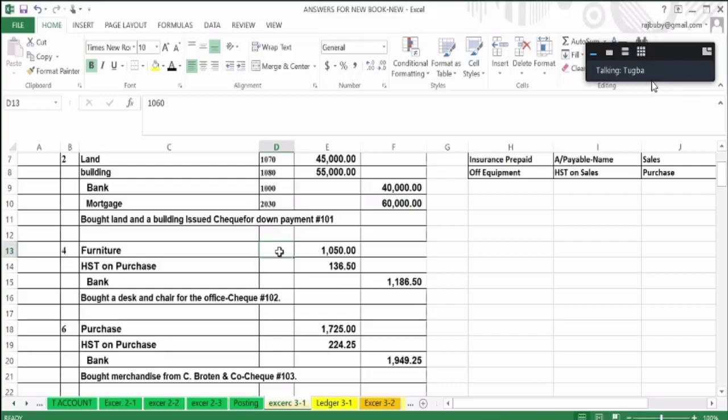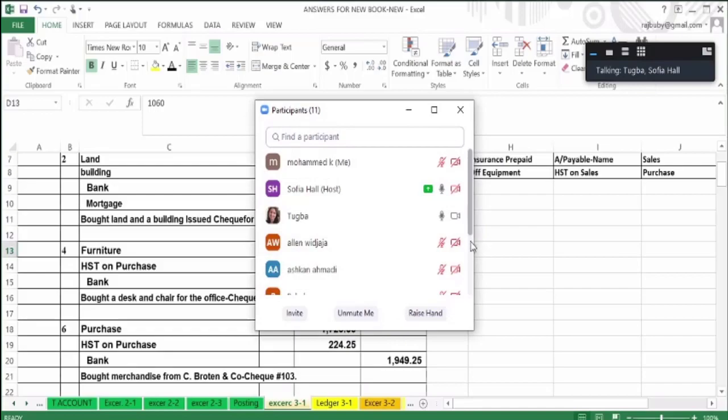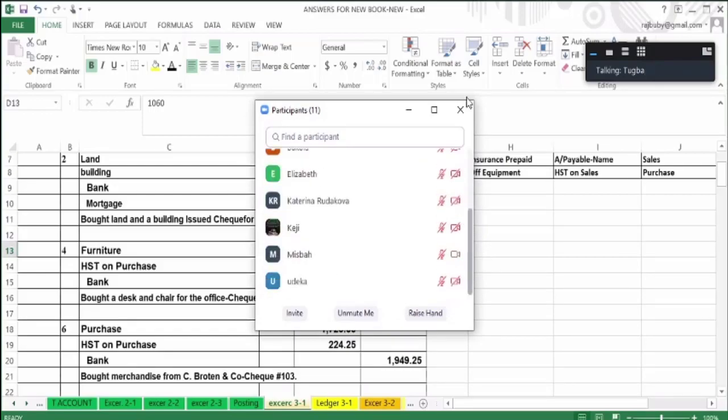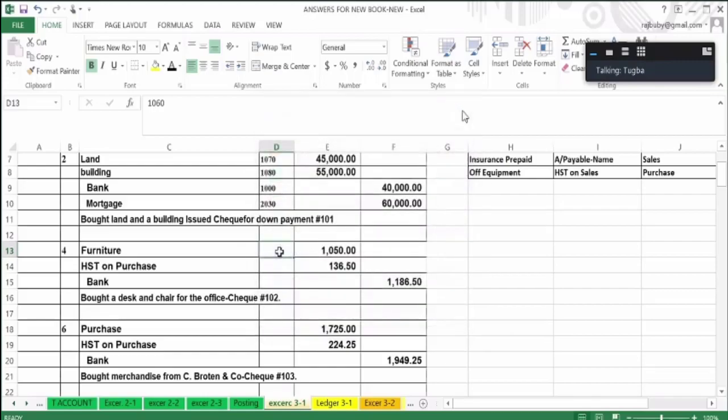Exercises 3/1 and ledger. 3/1 is okay. I can do it myself after the class. Yeah. However, I am not ready for exercise 3/2 because firstly I need to finish the one before. Okay. I am sorry about that.